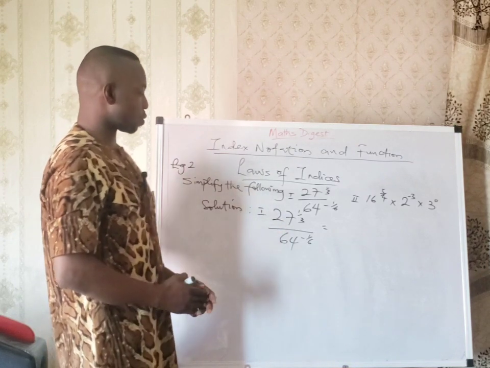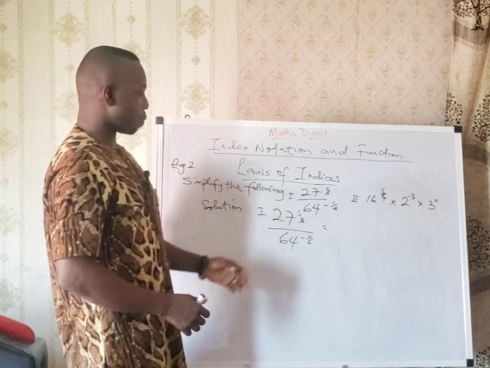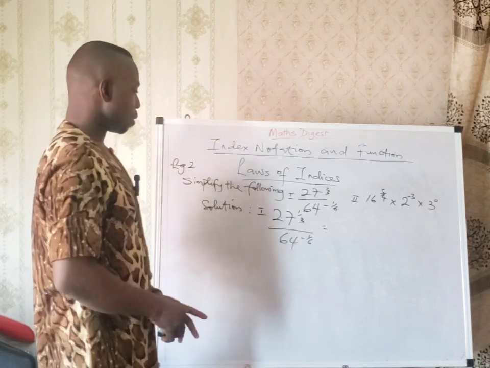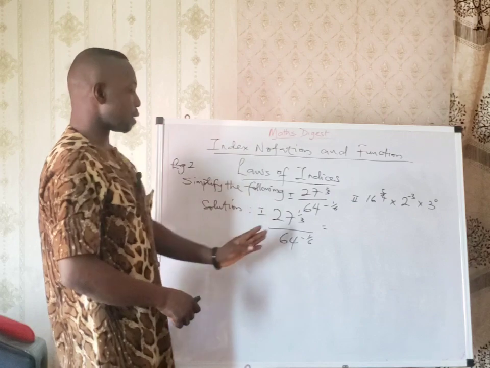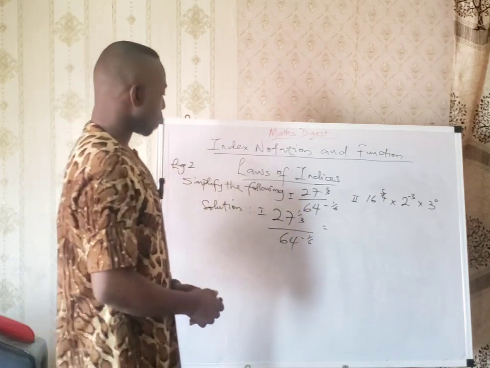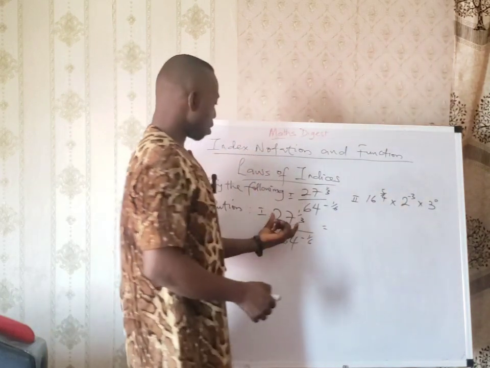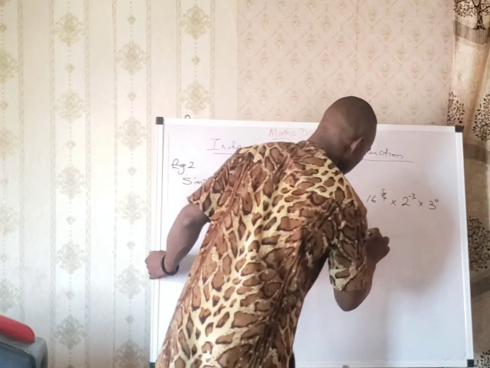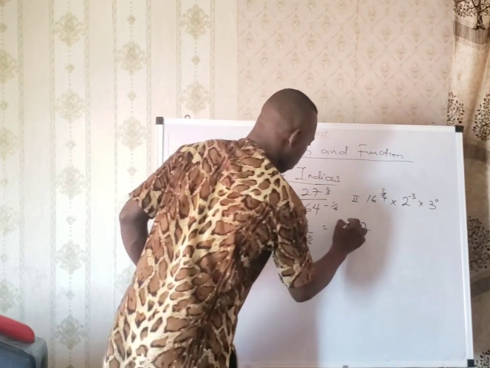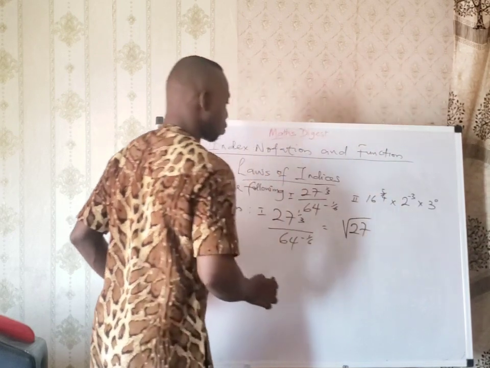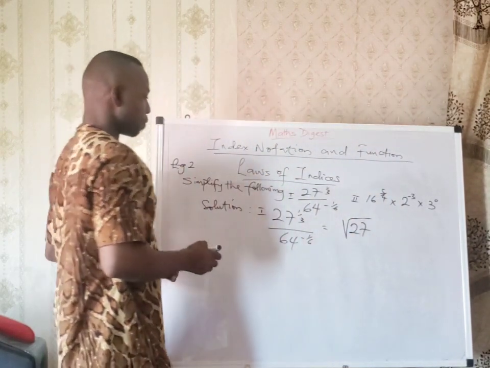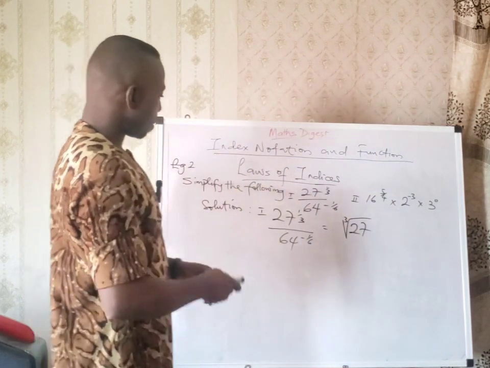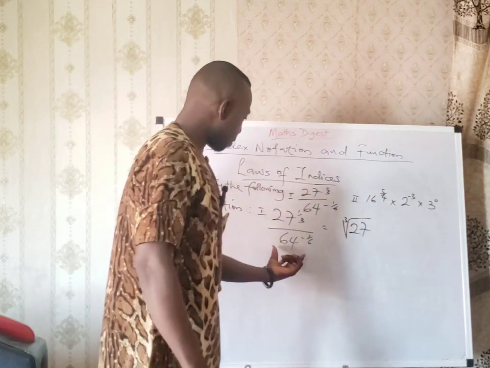If it's something we can work out between the denominator and the numerator, we do that. If it is not possible, then we end it as the answer. Now coming to this numerator, we have 27 raised to power 1 over 3. I mean, rather, we take the cube root of 27, okay? Remember,